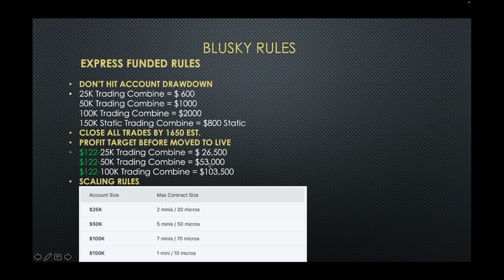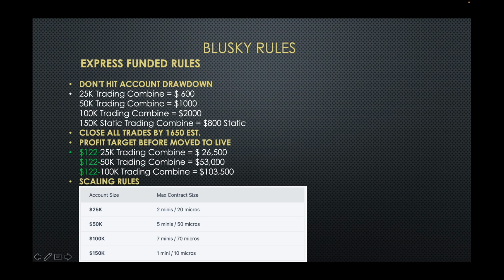And basically how that works is when they move you over to the funded account, that funded account is basically zero, and whatever you take over money-wise here is the money you have in that account. So for example, if you reach $54,000 or $53,000 here, we'll say $54,000, and they bump you over to it.